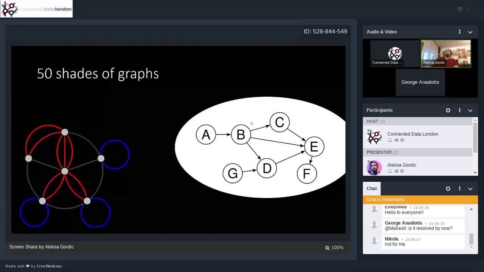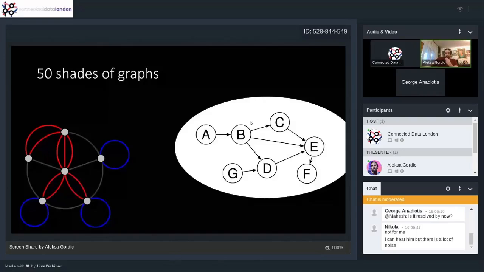So this is, again, super abstract. Let me give you something more specific. If you have Twitter, and I assume most of you do, and you follow somebody, like you follow Elon Musk, but Elon Musk doesn't follow you back, obviously, or probably, then that's an example of a directed graph.